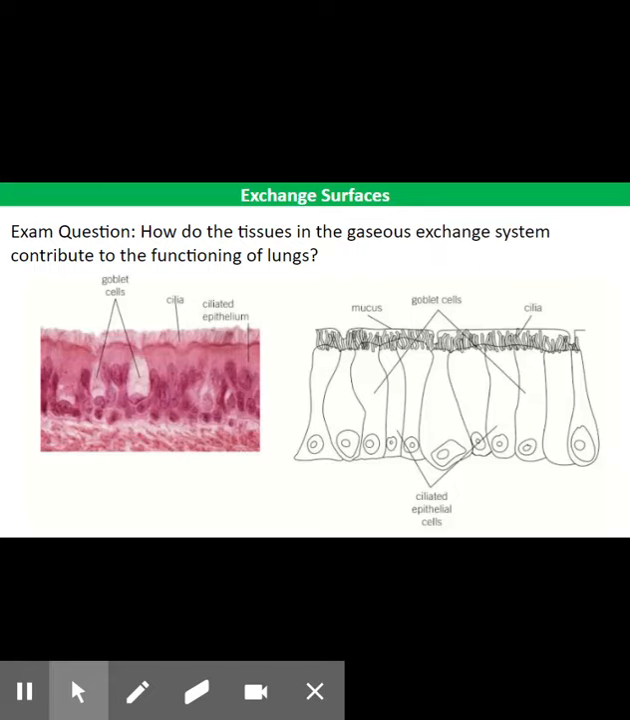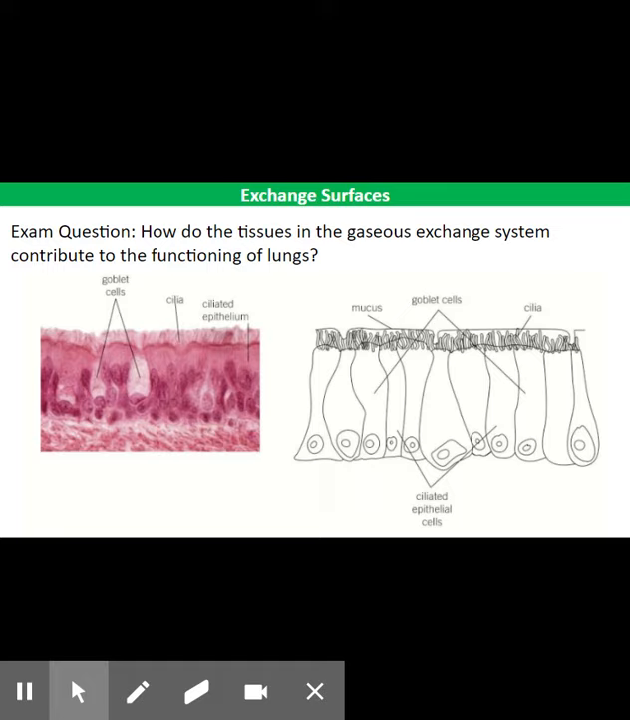This tutorial is all about gas exchange surfaces, and specifically within the human lungs. On the screen in front of you, you should see the exam question that says, how do the tissues in the gas exchange system contribute to the functioning of the lungs? Now, there's a whole range of different tissue types that you need to be aware of. In fact, there's sort of 5 main ones, but within the mark scheme for this particular question, we're listed 7